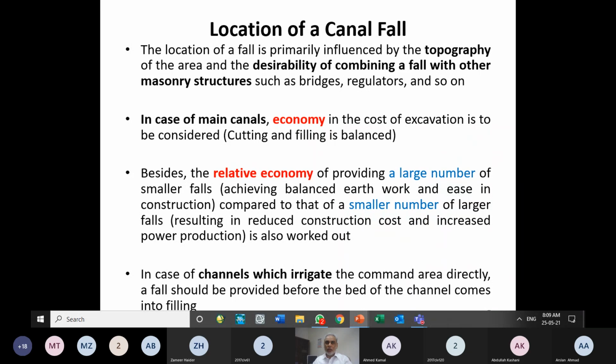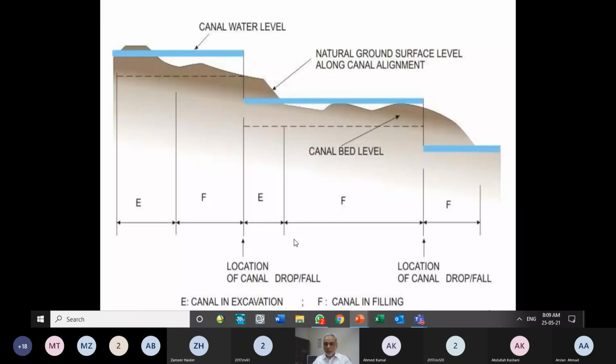Also, we achieve the economy by combining the canal fall with some other structure like bridges or some regulators in the canal. Then overall cost of both of these structures will be less as compared to providing both of them separately. So these are some of the locations, and we also discussed that an engineer should also compare possibility of